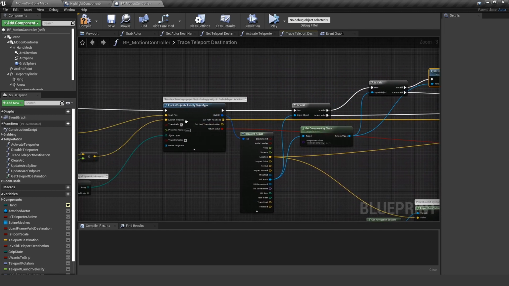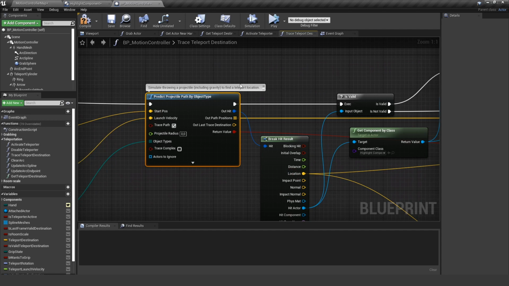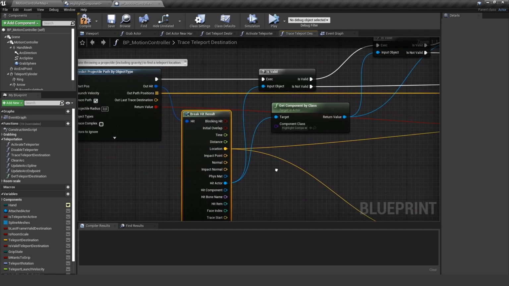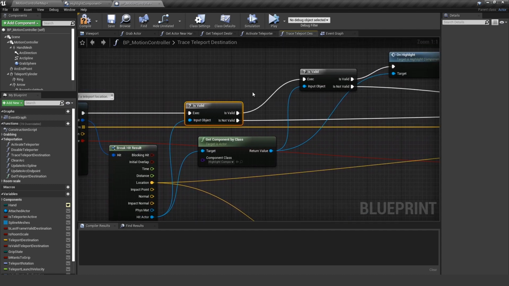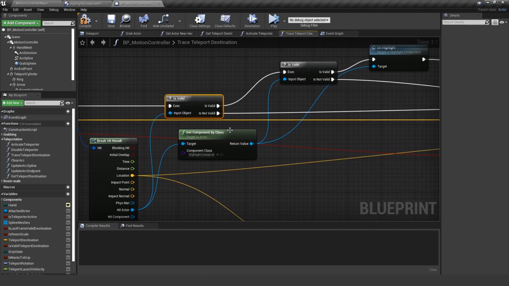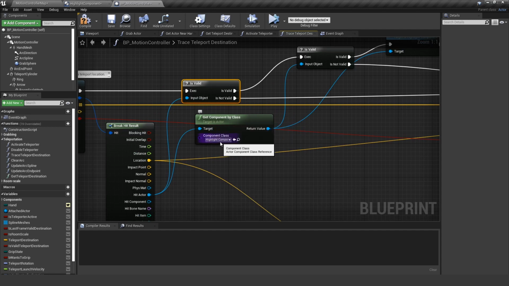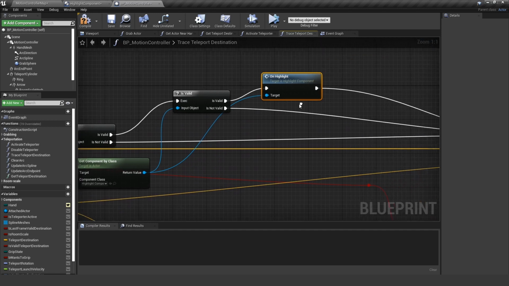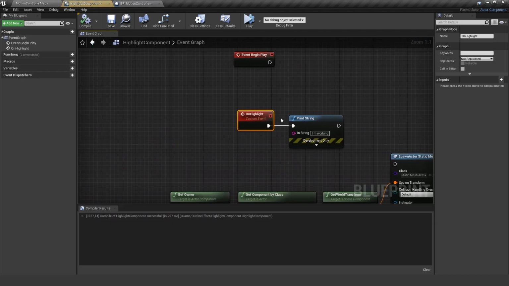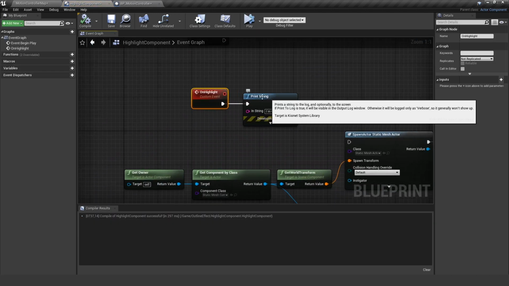So just to recap, here is the actual prediction of the projectile, and if it hits something, we want to see if this is an actor, and if it is an actor, we want to see if it has the component highlight we created, and if so, we want to trigger the onHighlight event. Right now it's just printing the string,